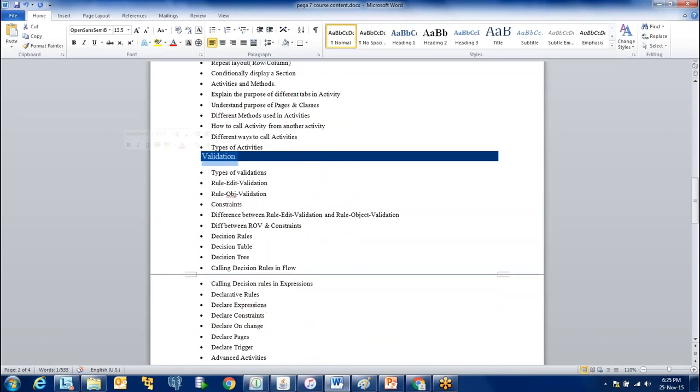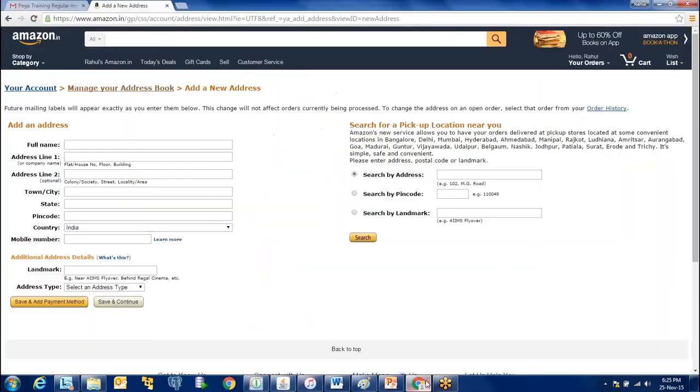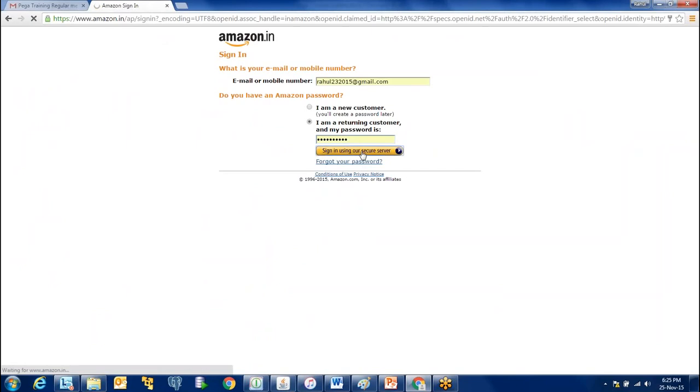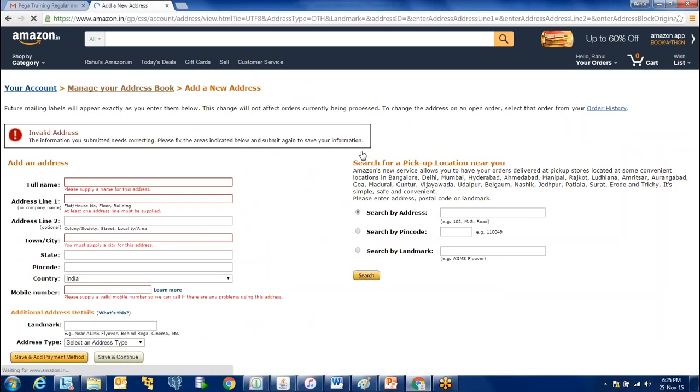One of the primary things we would cover, which is required heavily by the business, is validation. Assuming this sample example, if I click save and continue, it would throw a validation error. Oops, it's asking me to log in. See, it's giving me this validation.